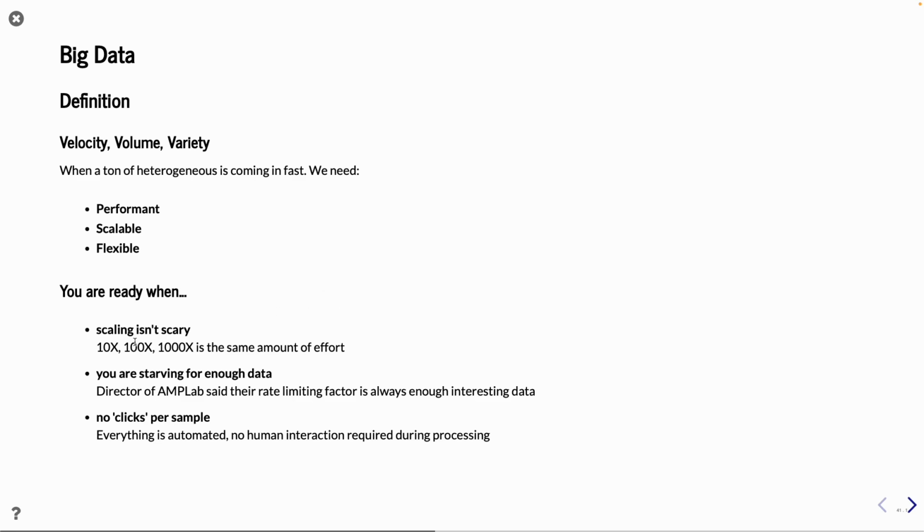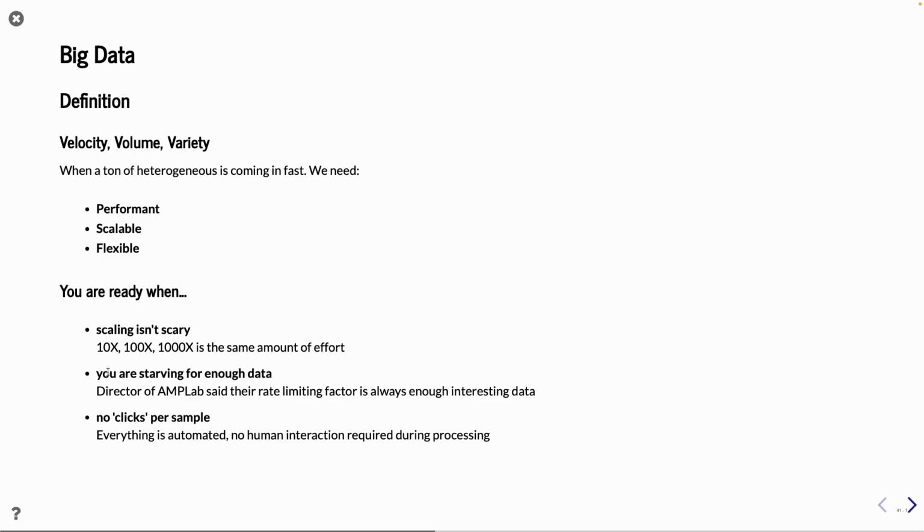And we are ready to handle this when you can handle an arbitrary number, also a huge number, of samples without extra effort on your side,